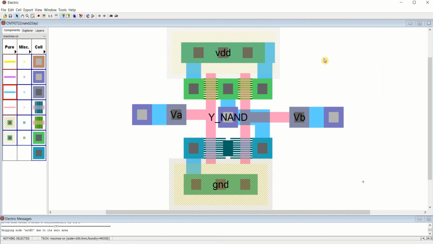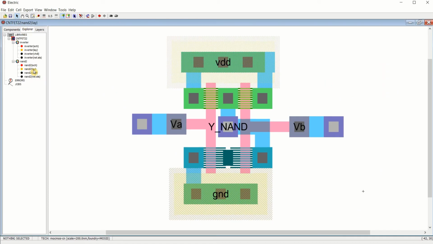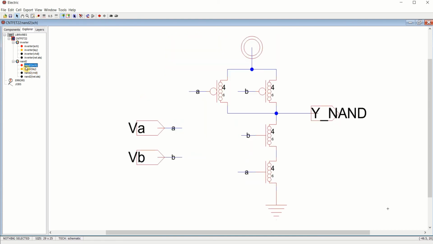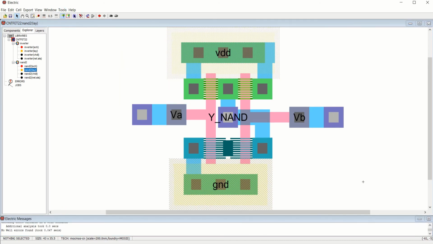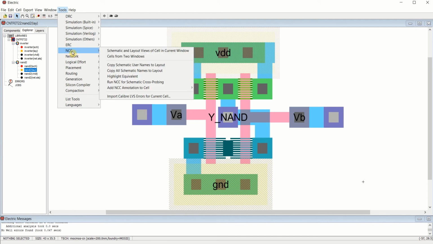Now for this layout, I want to make a comparison with the schematic, whether the layout performed is equal to the schematic or not. For that, I can go to the tools. First, I'll check the wells. It shows that there are no well errors found because everything is connected properly. Then go to the NCC, network consistency check.